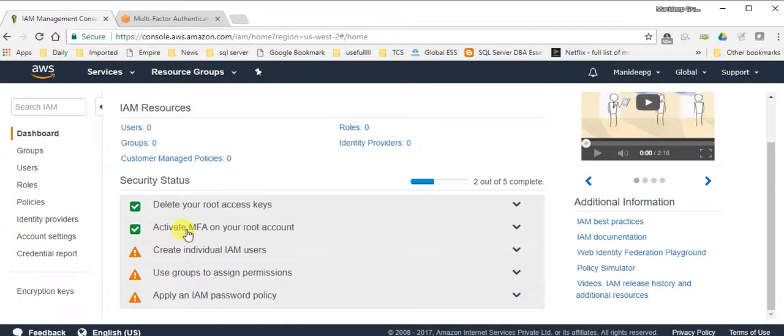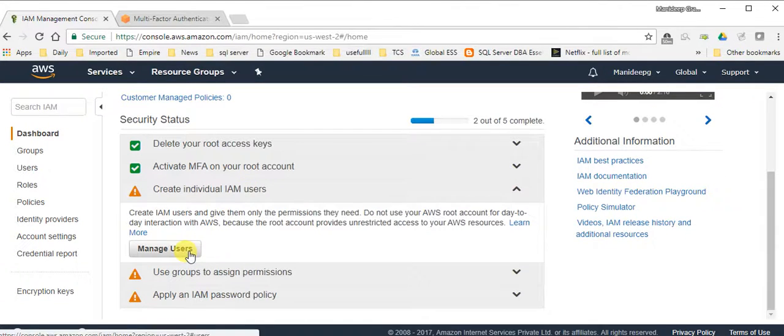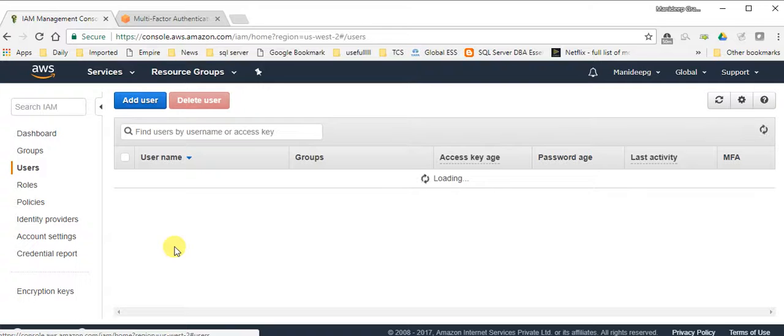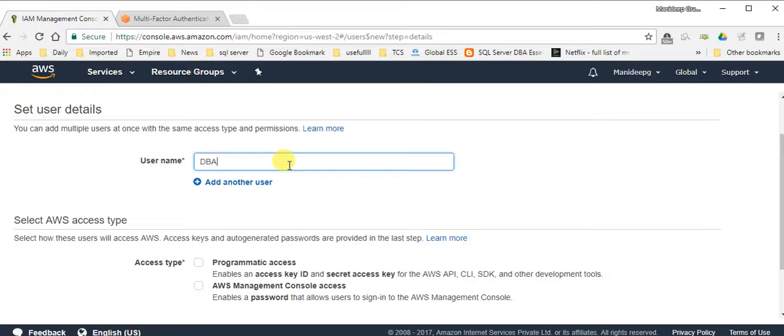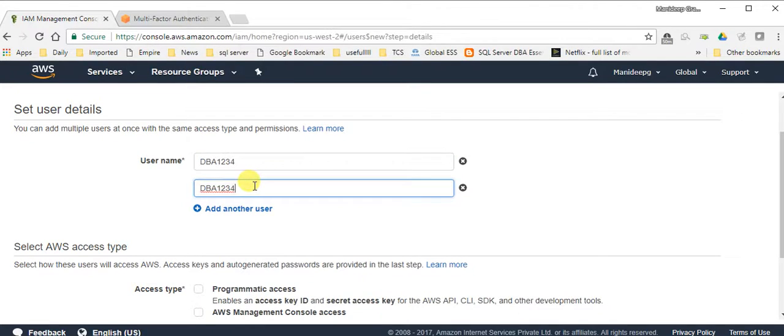So we have validated the MFA device step, and the third step is the most important one, creating individual IAM users. So it's nothing but creating users. Click on manage users, click on add user. Here I'm going to add DBA1234, DBA1235,